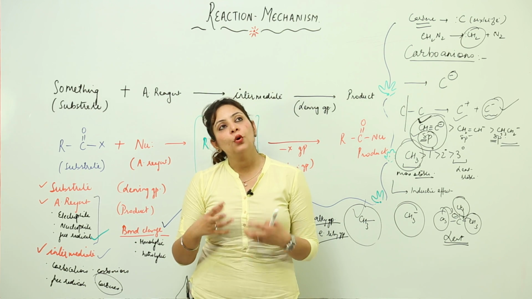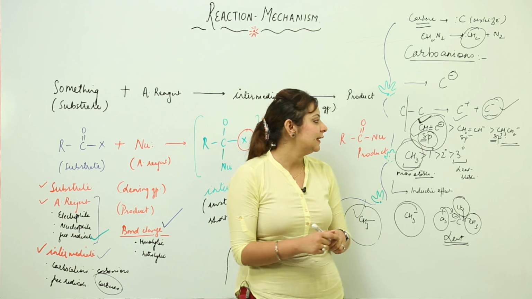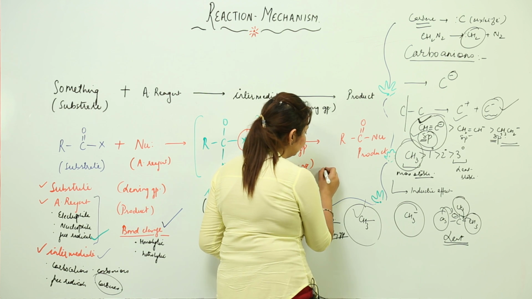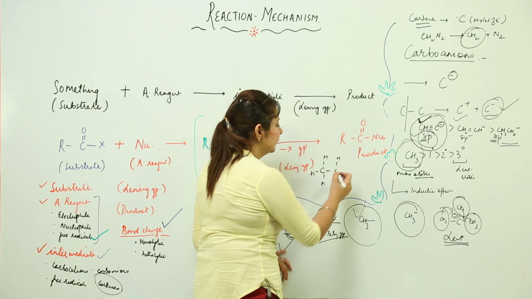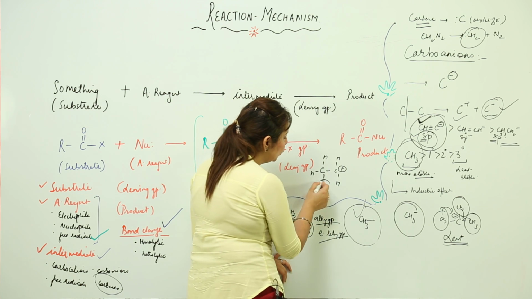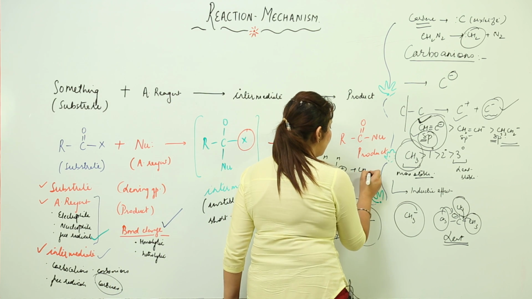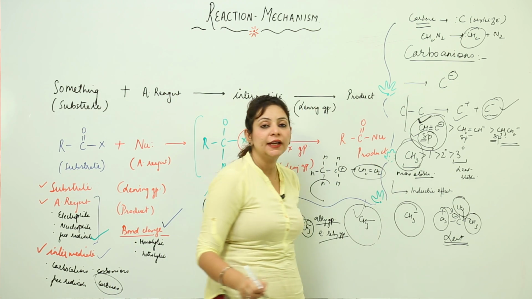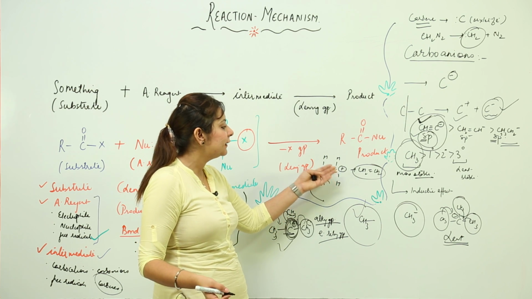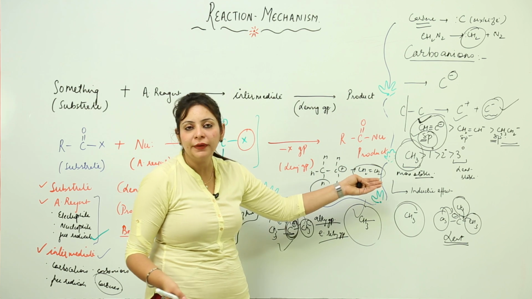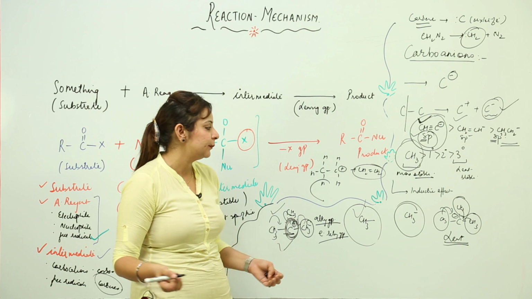Second, what kind of reaction mode do you think they can undergo? Suppose I have a carbocation like this. What can happen? They can lose a proton, and after losing it they will form an alkene, any member of the alkene family. Here I took the ethyl carbocation, that is why it formed ethene. You can take any of them, it will just release its proton and form the alkene.